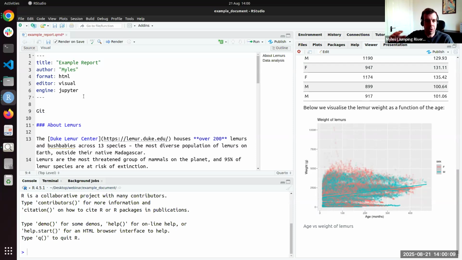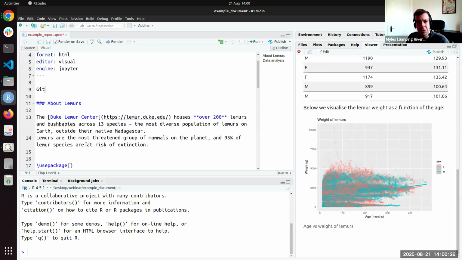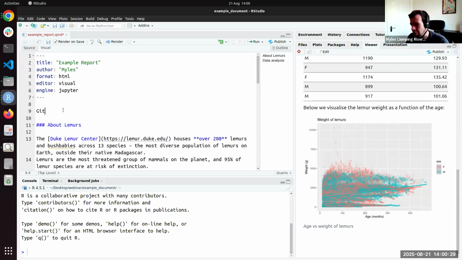So in the same way that you use Git to track changes to, say, Python or R programming projects, you can also use Git to track a Quarto report, because it's just plain text. It's really easy to get a change log to see what's changed between different versions of the report, and you'll see that all in terms of the raw Quarto code. And because you can store multiple versions of your documents in Git, you can retrieve any past version through your commit history, and then re-render the Quarto file at that given version to get back the old PDF or the old Word document that you had.